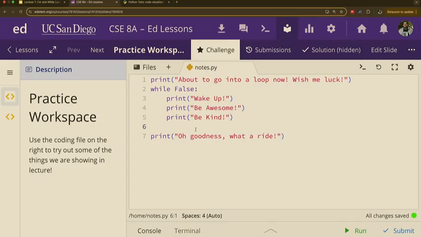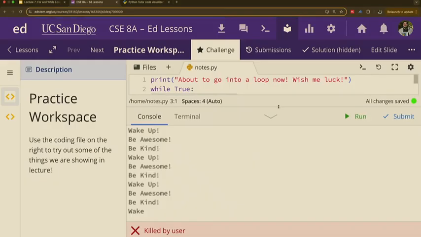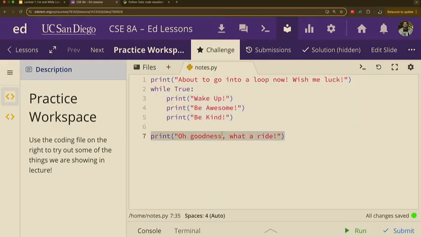If that if condition is not true, then you never go inside that if condition. If this was false, it never goes in here. And we can never update that false because this is not a variable that we update. This is like a straight up Boolean. So if we did that, like we said before, all this gets printed over and over and over again. We run that, stop it. We never made it to, oh goodness, what a ride.